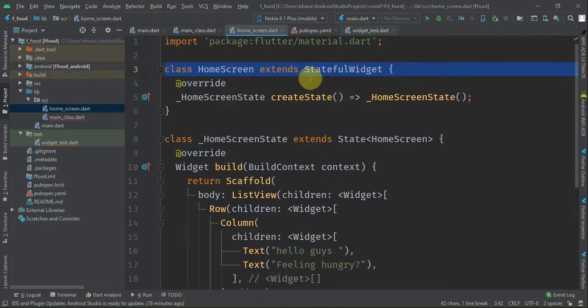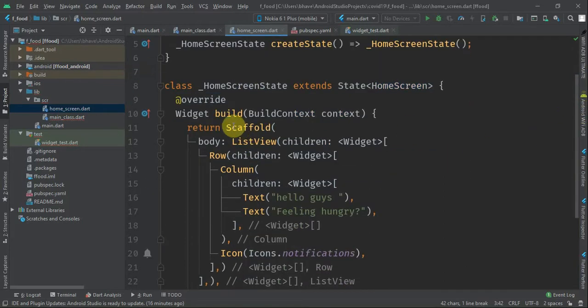I have taken a class, a stateful widget, right? And inside the stateful widget, I have returned a scaffold. Why? Because I will take all the screenshots also, since side by side I want to run the app as well as show the app, what we are building. I had taken the screenshots, so I will definitely post them there, so we all can see what we are building right now.